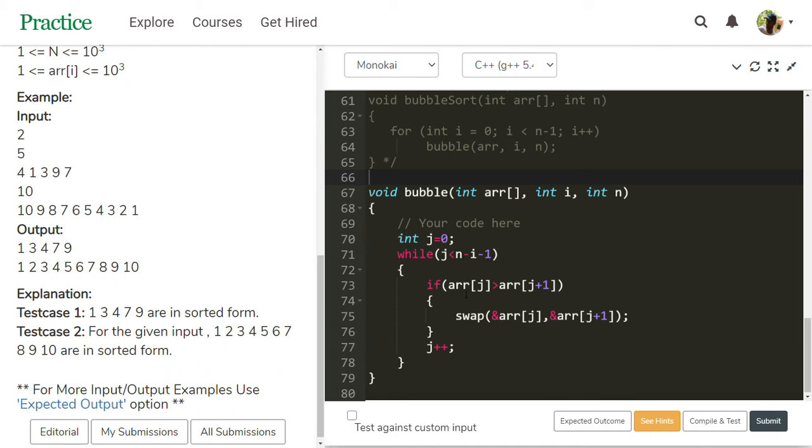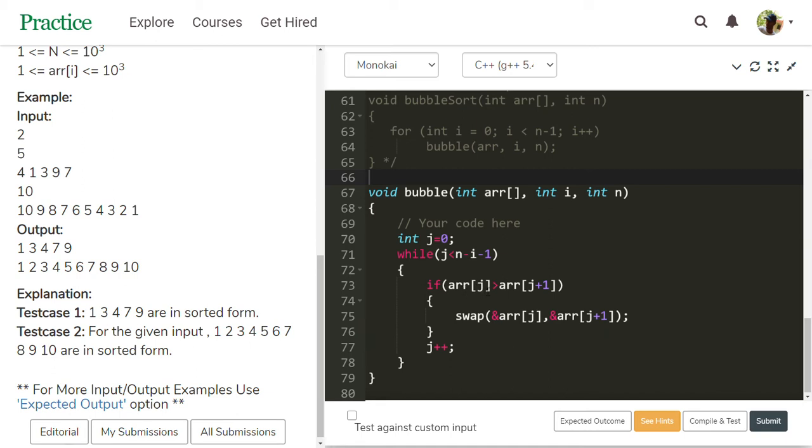See this, arr[j] is 4, arr[j+1] is 1. Check this, 4 is greater than 1, it is true. Then swap both values: 4 comes to this place, 1 is there. Then j value increments, j is 1 now. 1 less than 4 is true.